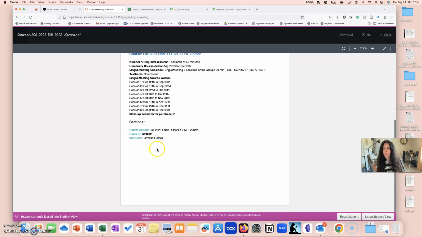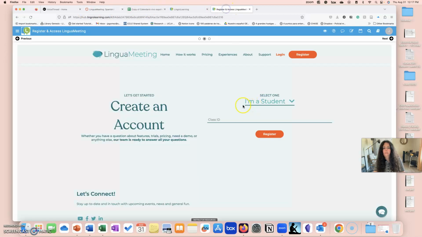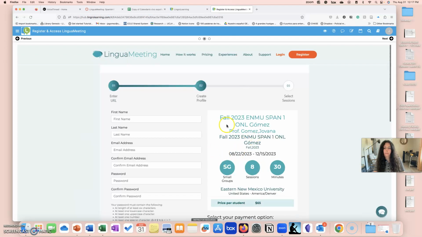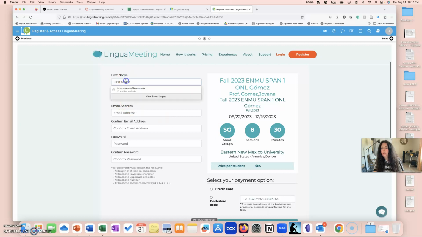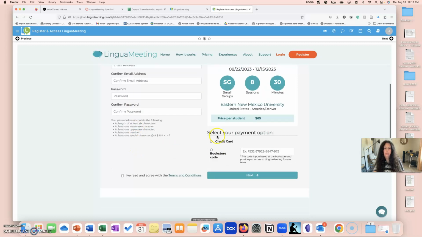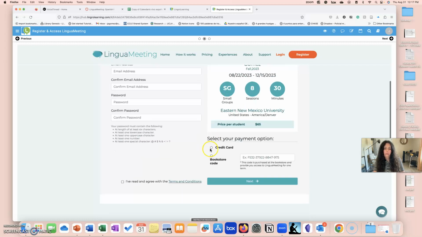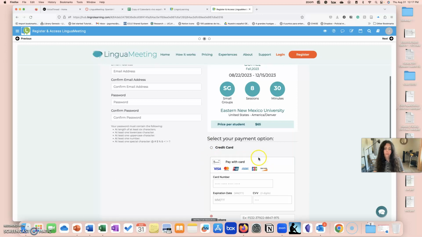Yeah, here is the code. You copy and paste it right here, register, and my class is going to pop up, okay? Here you buy it, you do everything here, your name, information, password, and then you can pay by credit card, or you can get a code from the bookstore.